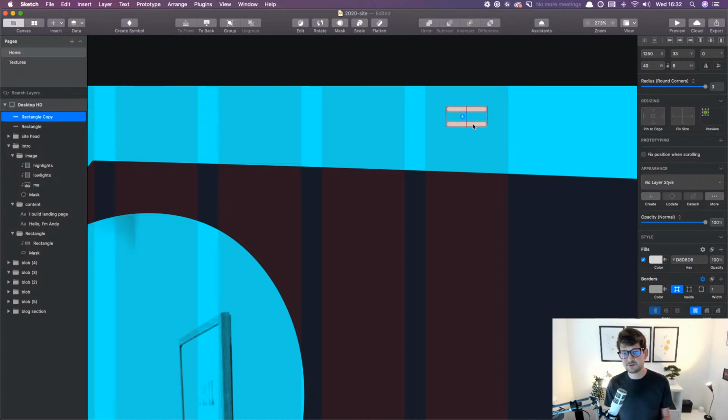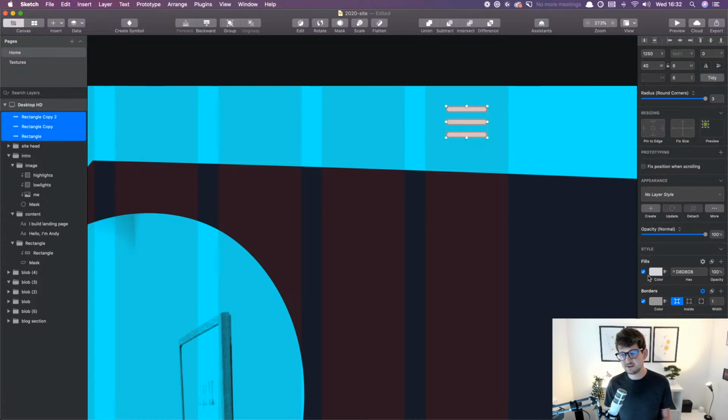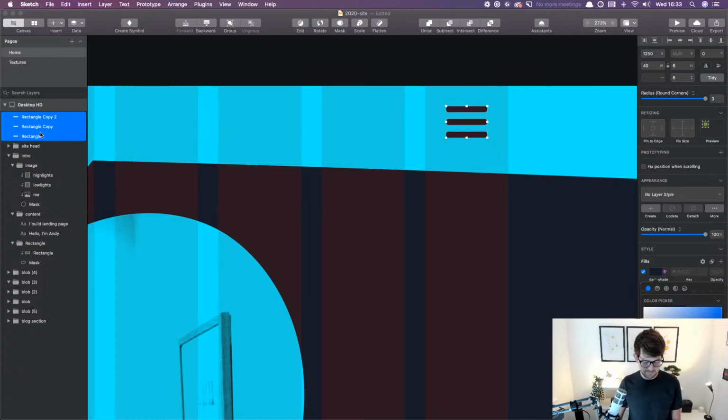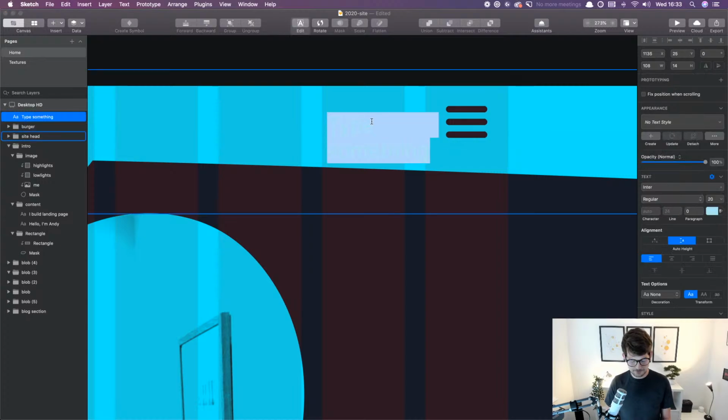I can just dupe. 6. And then go to the border. Make them all that same dark colour. I love the way that navy and that sort of sky blue go with each other. It's a beautiful, beautiful combo. Okay, so burger. And then what I'll do is I'll just add a little label to that. Looks like a Tech Bro Talks on Twitter, right? And then